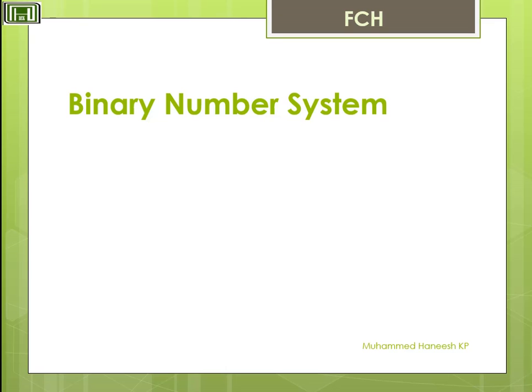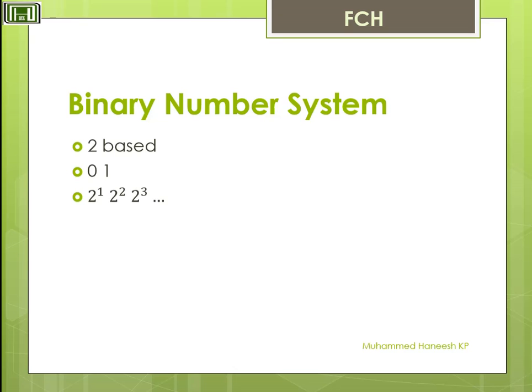In the previous class we had already discussed the decimal number system and the types of number system, that is positional and non-positional, all categories. Now we are going to discuss the binary number system. The radix of the binary number system is 2, that is base 2. In this system, only two symbols, namely 0 and 1, are used. Note that the largest single digit is 1, which is 1 less than the base.